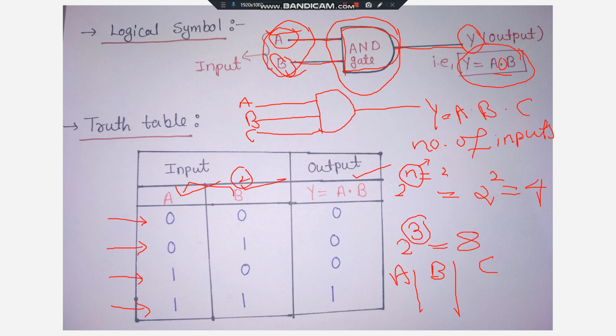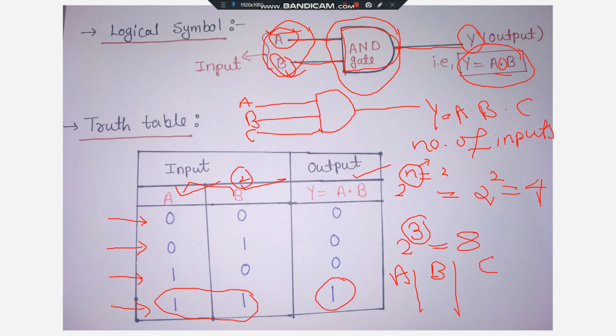So now we will talk about this. So here the first combination is 0 0. A is 0, B is 0. Then what happened with the output? And if A is 0 and B is 1, then what will happen? And if both the inputs are high, then what will happen? So earlier I already discussed with you all the statement of AND gate. The statement of AND gate is, if all the inputs are high, then the output of AND gate becomes high.